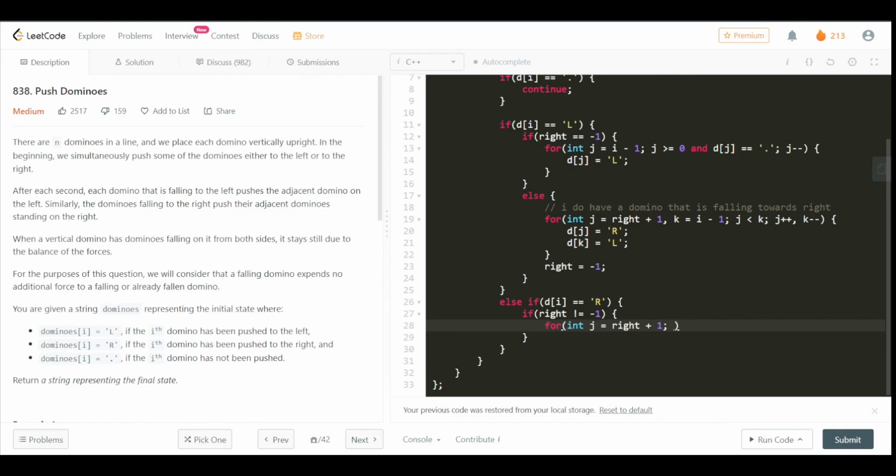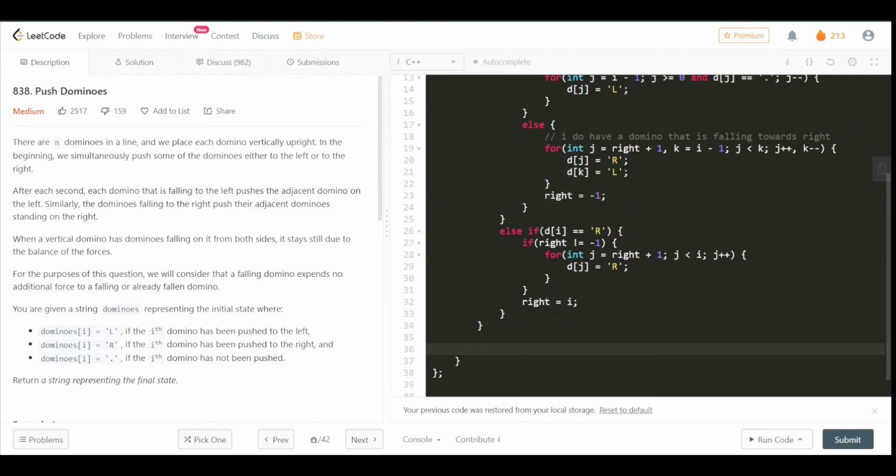If that's the case, then J++, and in the other case what I'm doing is I'm just putting right's value to this, so it's fine either way. So after we are done with this, I just need to check if my right variable